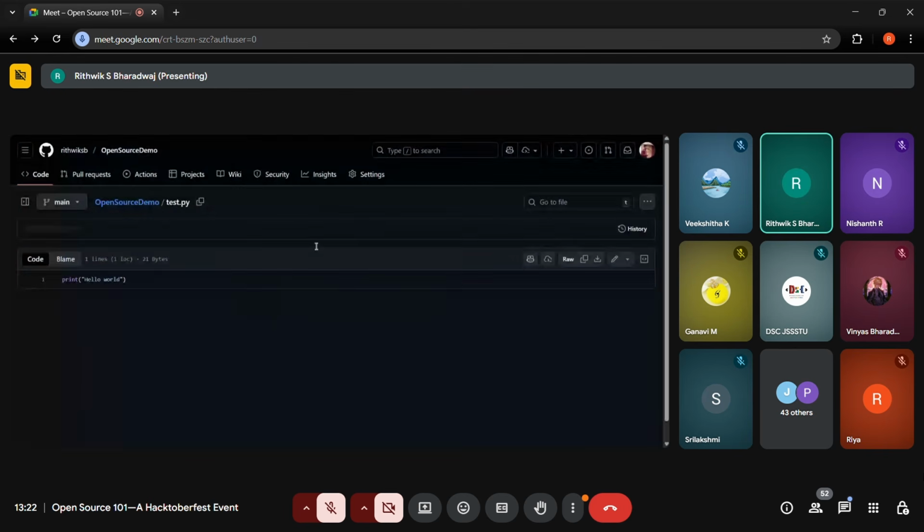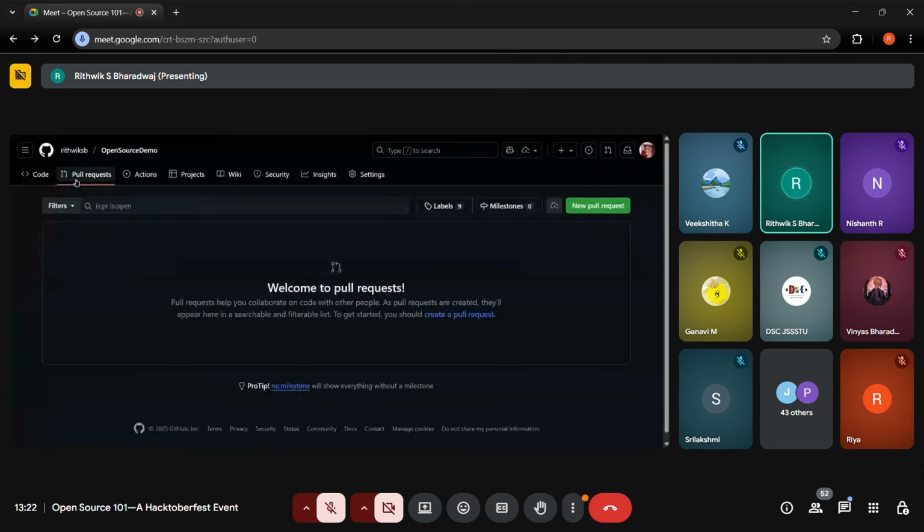Okay. Now once I've committed those changes, I do something called a pull request. The commit that I've done, in which I've changed my code, is only changed in my local repository, in my own folder. I wanted to change it in the main folder as well, that is on my friend's profile. He has the main repository. So I did something called a pull request.